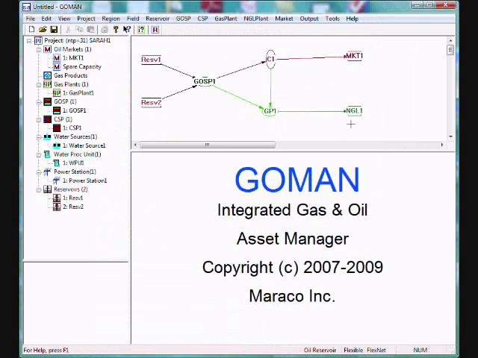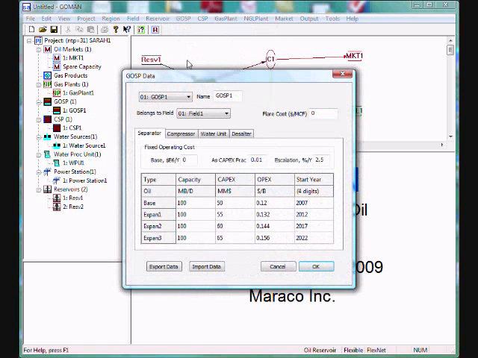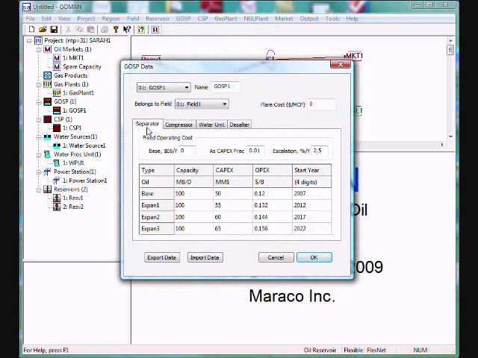Once we have defined the production curve for each of the reservoirs, the next step is to define the properties of the GOSPs, the CSP, and the gas plant. So for the GOSP, we will see that the GOSP has different units. It has a separator unit, a compressor unit, a water unit, and a desalter unit. And for each of these units,